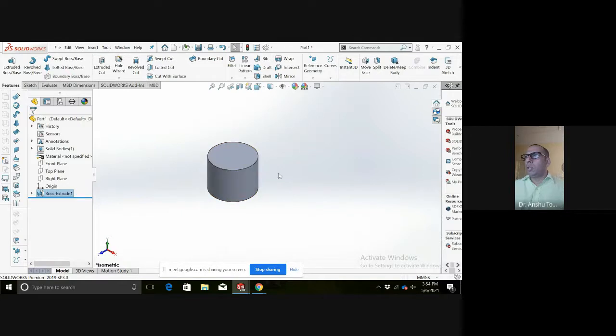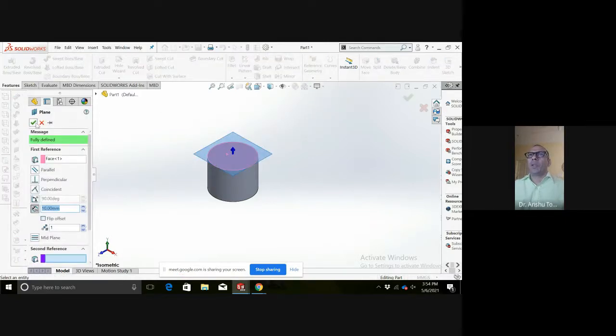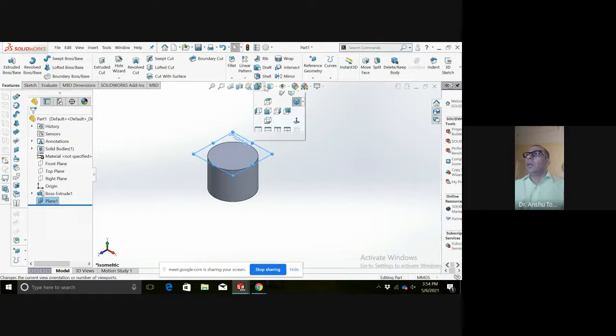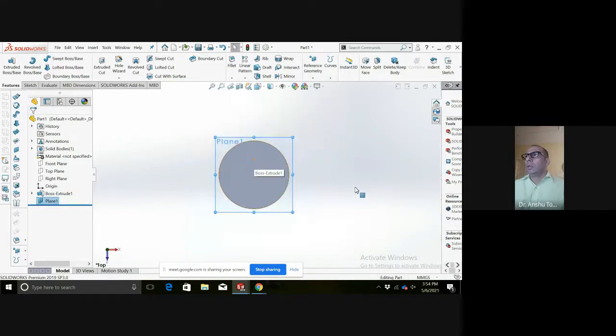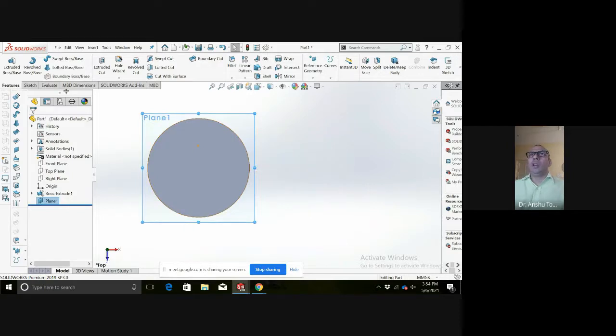Now I want to discretize it. I want a sketch on this surface with features, reference body, plane. I will go to top view and I will draw a circle again.